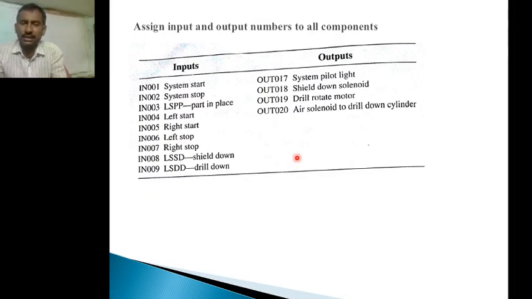So what are the numbers? For the system start button we assign the IN001 value, and for the system stop button we assign IN002, and for the LSPP sensor we assign IN003, and for the left start IN004, and for the right start IN005, and for the left stop IN006, and for the right stop IN007, and for shield down IN008, the LSSD sensor, and